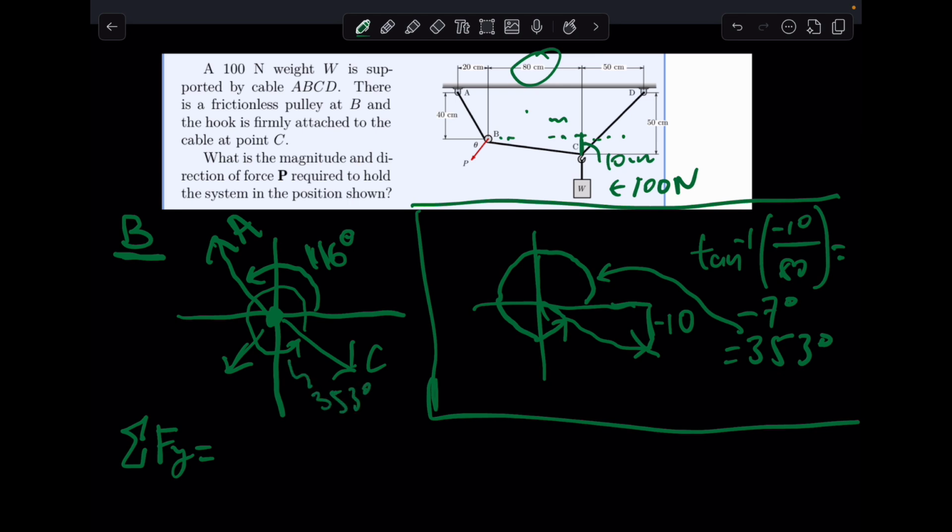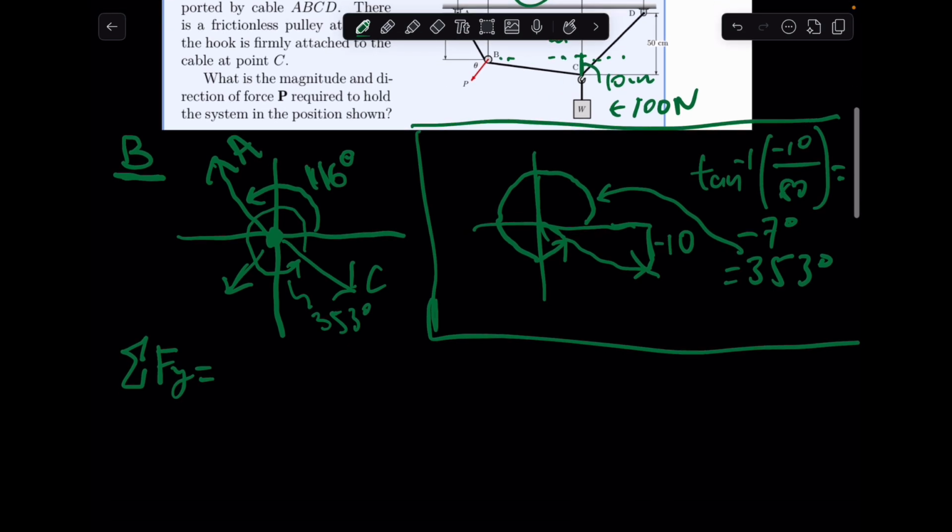Okay, so now we can continue with our sum of the forces equations. So sum of the forces in the y here, this is going to equal, okay, let's start with A, vector A, right? A